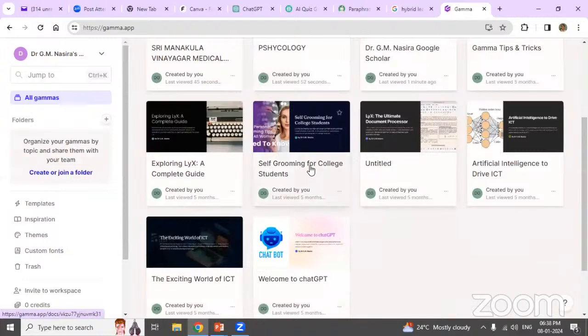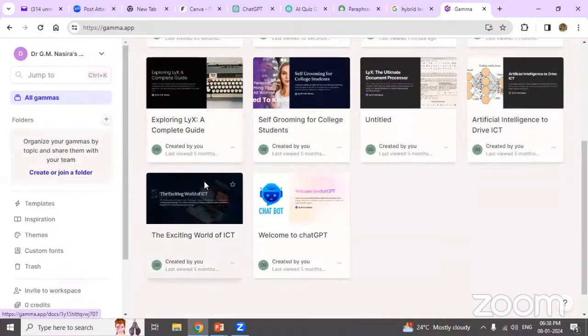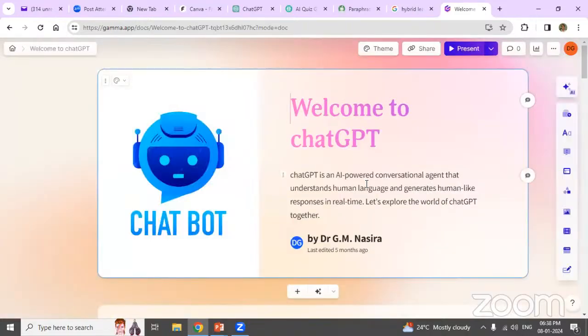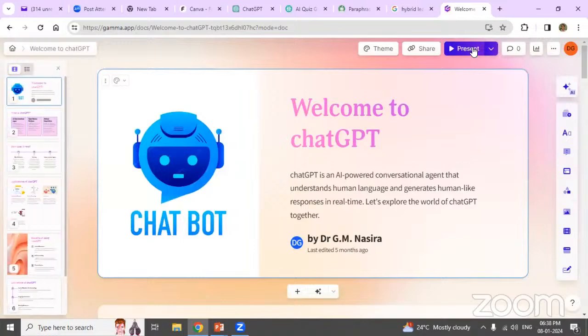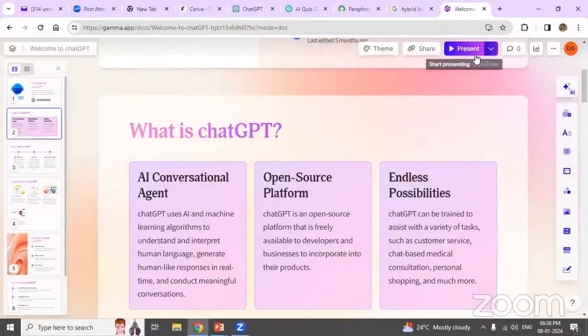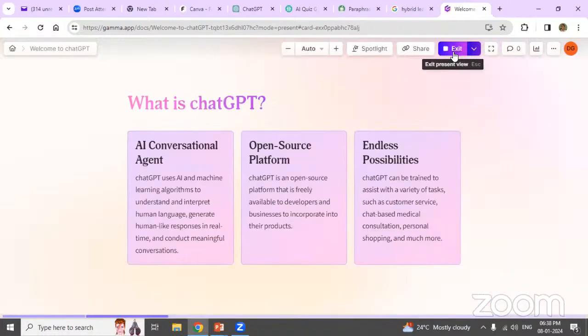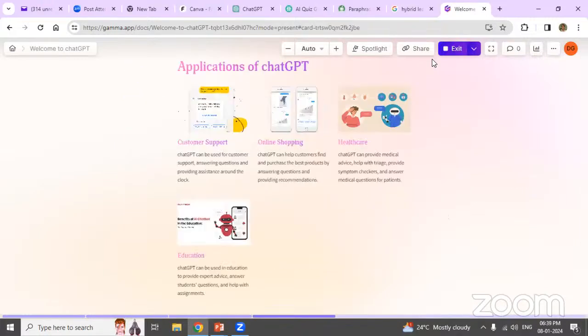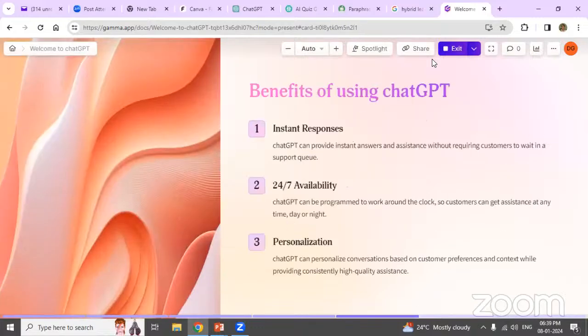Say, all this I have done already. All this, say artificial intelligence and all this, I have done already. So we can create a presentation within a fraction of a few seconds. Okay, that we will see. This is my presentation. See, this was the first one I created. I just gave only ChatGPT what to present. See, the image also, it has taken the text part, the alignment part, the colors, the font.